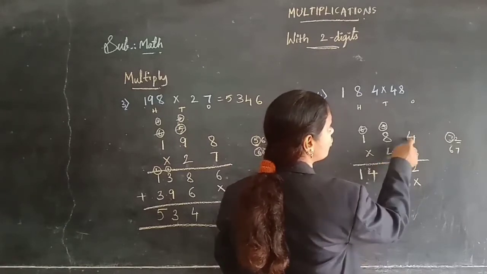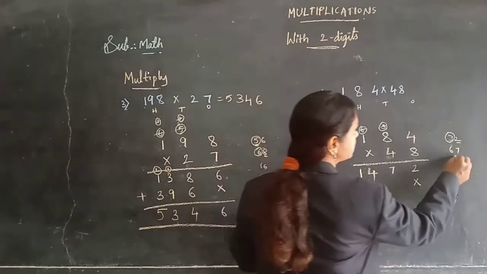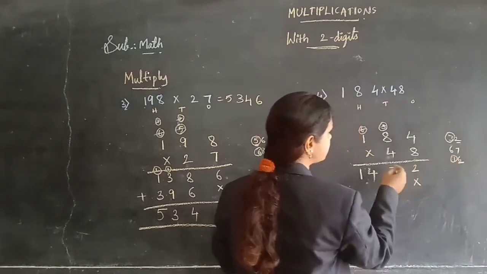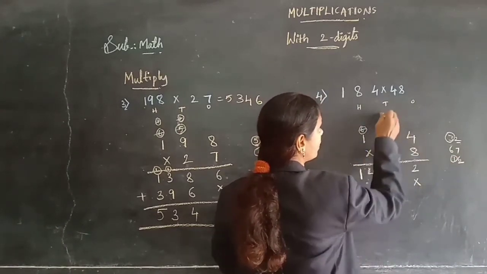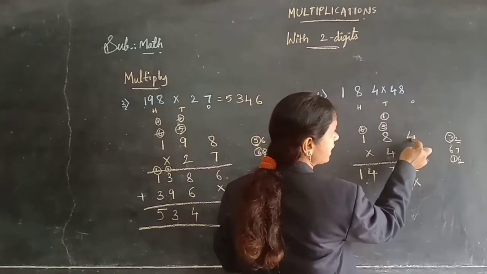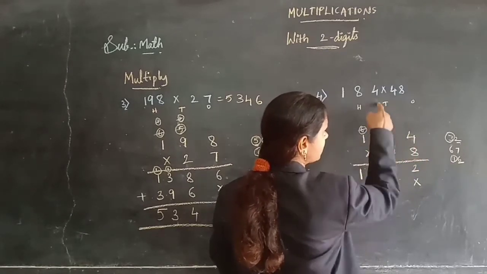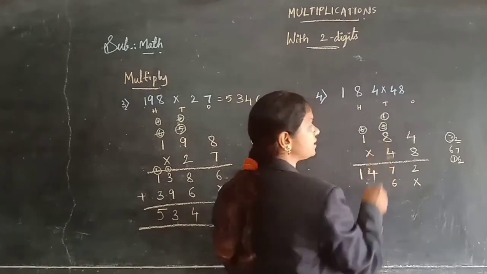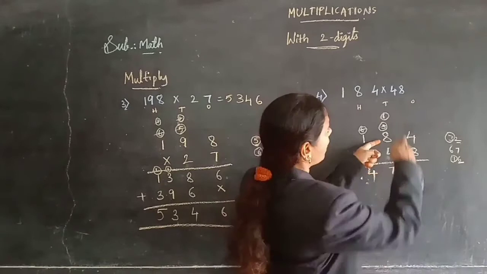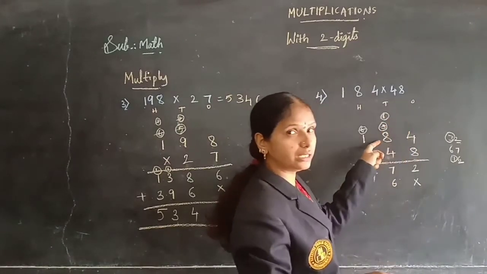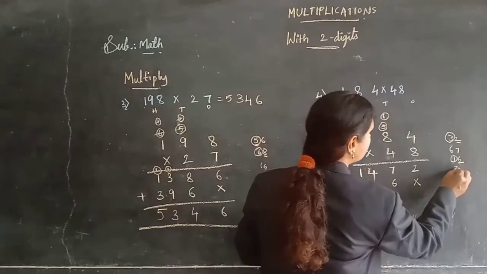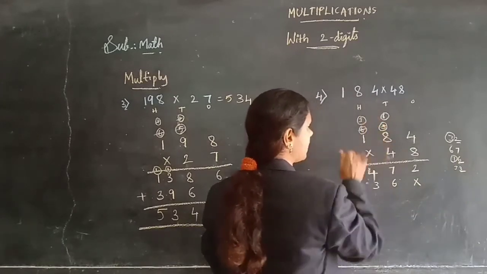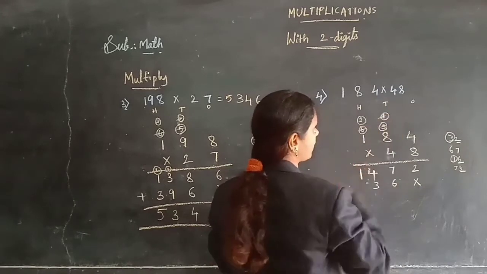Now 4 fours are 16. 16 is a 2-digit number. 6 here I am taking and this 1 I am taking as a carry on the before number. Means 4 fours are 16 I added. So the before digit is the 10th digit, so I am taking 1 as a carry here. Now 4 8s are 32, and this carry number 1, 33 we will get here. 33 means again 3 here and this 3 as a carry on the before. I added this, now I cancel it.